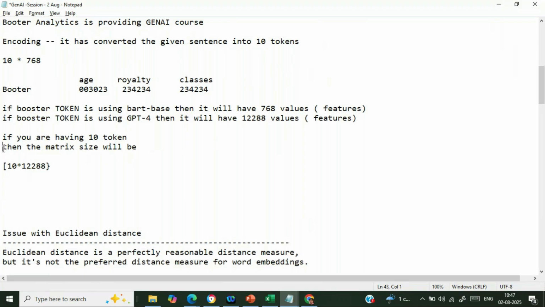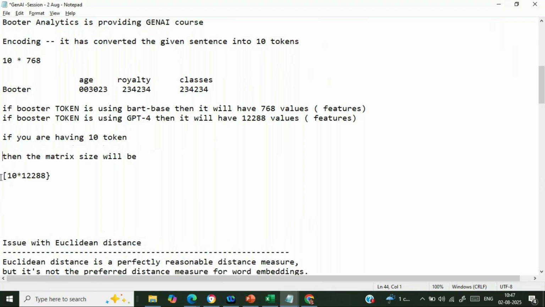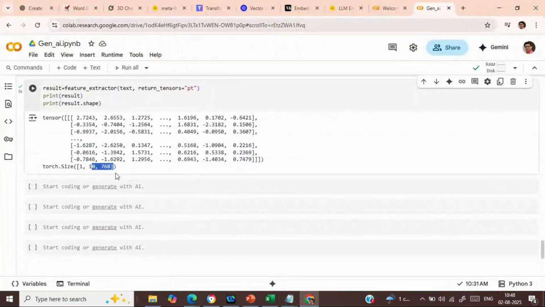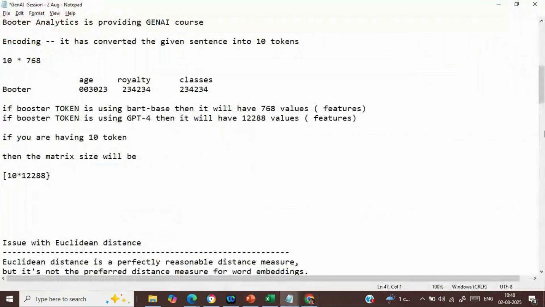Then the matrix size will be how much? 10 cross 12288. Clear so far? Are you able to see the same stuff over here? 10 cross 768 is the matrix size there, and 10 cross 12288 when we are using the